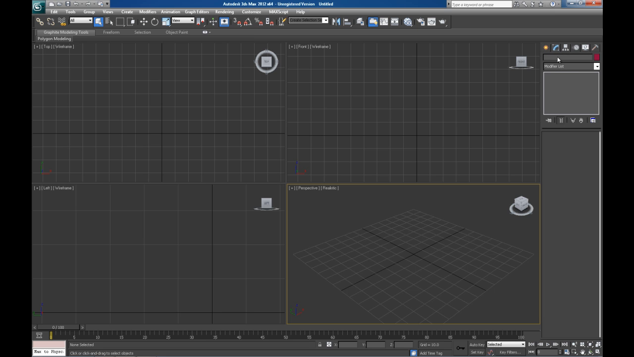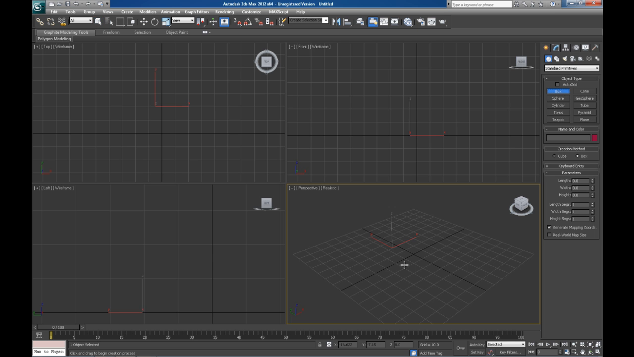And this is the modify panel. This is where you make your object and then you modify it to start looking and appearing the way you want. So you create first and then you modify. Let's have a quick look at an example. If I just create a box,